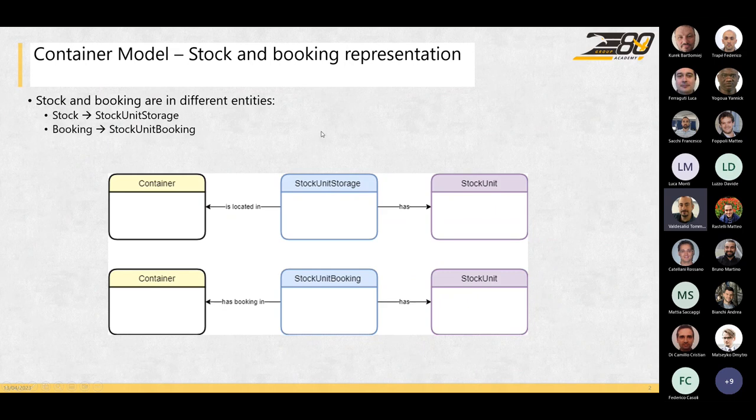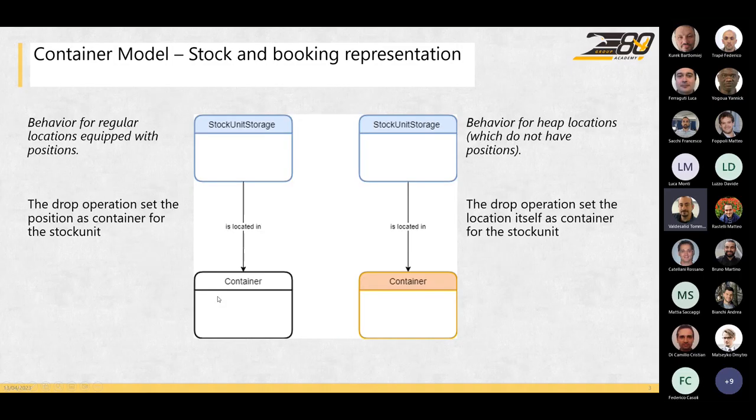overview. The stock and the booking representation has been changed with respect to the current SDM, and now we have two different tables: stock unit storage and stock unit booking, that relate the stock unit landing unit to the container where it is located or where it is booked, the destination. And the particularity is that